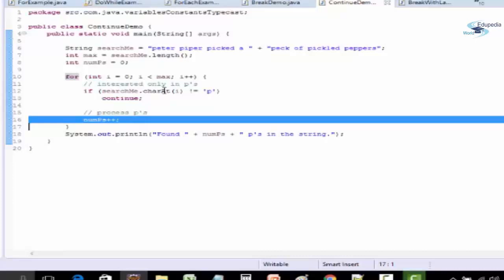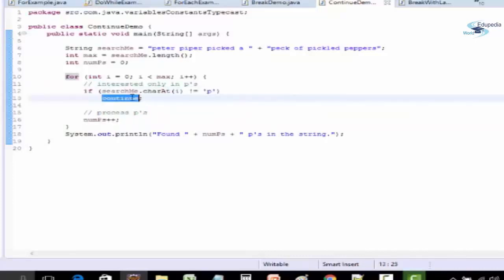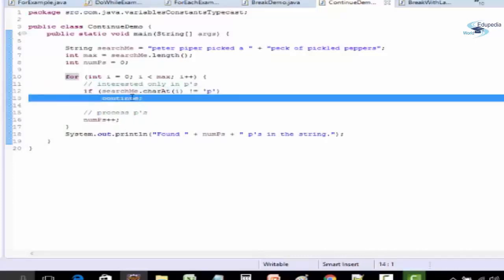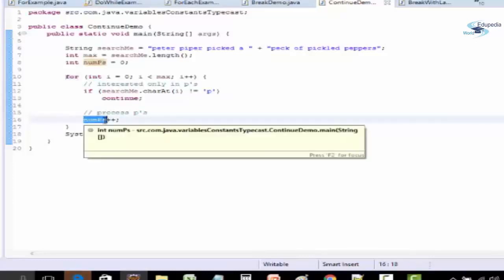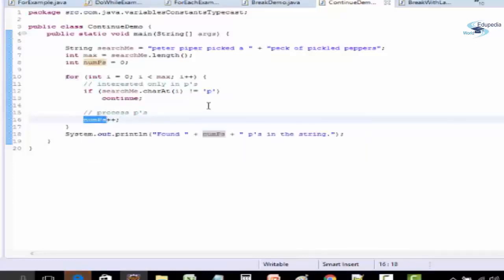Again for t this condition will be true and it will skip the iteration. So it will keep on skipping the iteration whenever we are not getting p. And as soon as we get p it will increase the numPs.